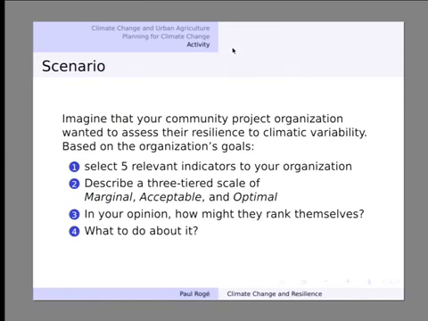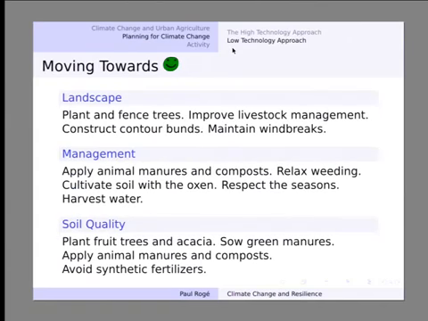Through this process, how did they identify specific measures that they could take to improve the situation? Can you give us examples of what kind of strategies they actually used to improve the conditions of their land? I don't know if they actually implemented any specific one, but if we go back to these,